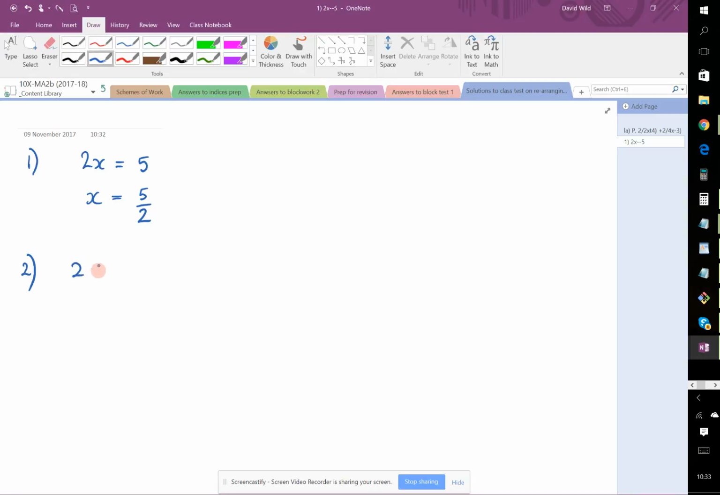Next one, 2 plus 3x equals 7. Now the way I showed you was this construction-destruction method. So if we do it that way, the first thing I do is look at the x, and I say, how can I construct the whole of this thing? Well, I multiply it by 3, and then I add the 2. So I do it in reverse. I subtract 2 from both sides first,